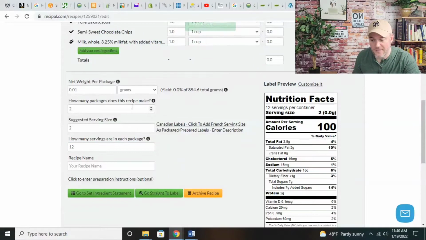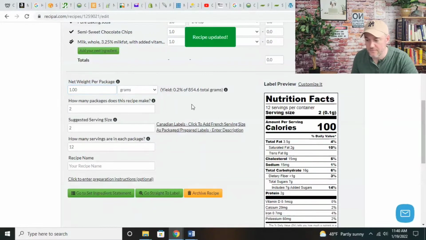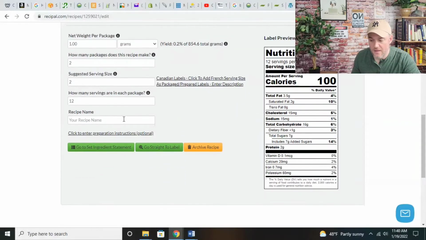Now, you see how this updated over here? And then what we will do is, we're gonna go ahead and leave this at 1. And there you go. So this one would be chocolate chip cookies,